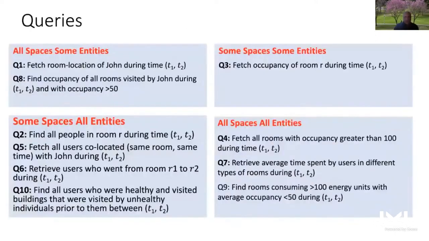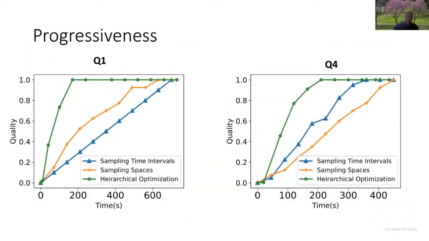So we set up the evaluation, and again, in the interest of time, I'm going to skip a little bit of the details here and go straight to illustrating an example of progressiveness. The green line here shows a query which was actually quite expensive, and would have taken on the order of hours to execute without appropriate progressiveness and optimizations. It is able to execute fairly quickly, in a matter of a few seconds to minutes, and give you pretty high quality answers.